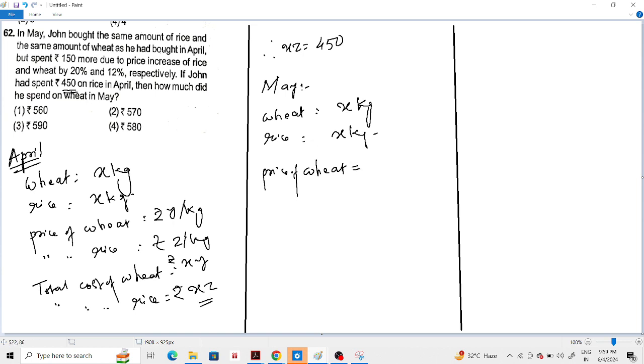প্রাইস অফ হুইট কত? দেখো হুইটের প্রাইসটা বলছে বেড়েছে বাই 12%, তার মানে হুইটের প্রাইস আগে কত ছিল? ওয়াই, সো ওয়াই প্লাস 12% of y, which is 28 by 25 y. Okay, price of rice is going to be what? Rice is z, earlier it was z plus কত বেড়েছে রাইস? 20%।